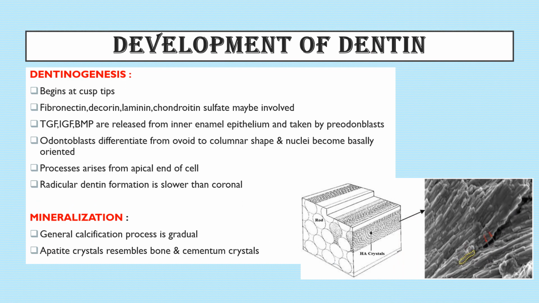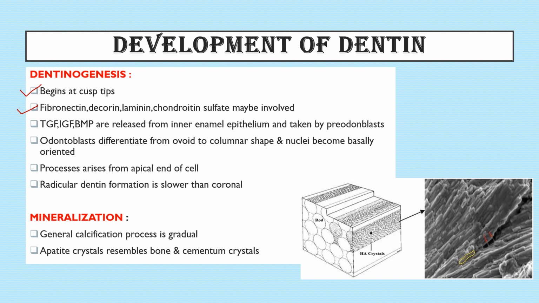Next, development of dentin. How is the dentin formed? As we know, enamel is formed due to the enamel rods. Dentin, how is it developed? So it is dentinogenesis. As enamelogenesis, we have dentinogenesis. It begins at the cusp tip, and the fibronectin, decorin, laminin, which are the ground substances of dentin, the chondroitin sulfate may be involved, and some growth factors like TGF, IGF, BMP are released from the inner enamel epithelium